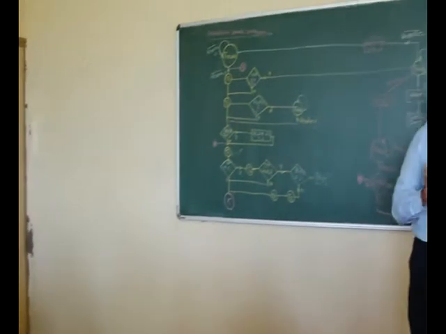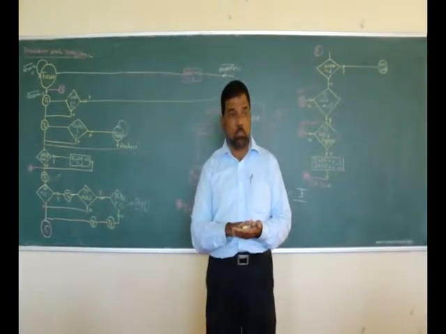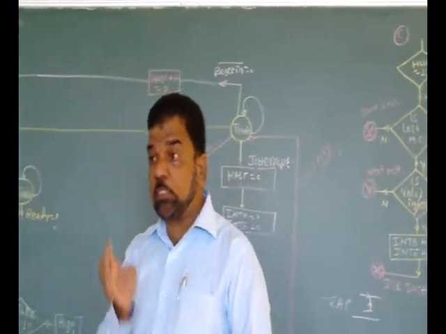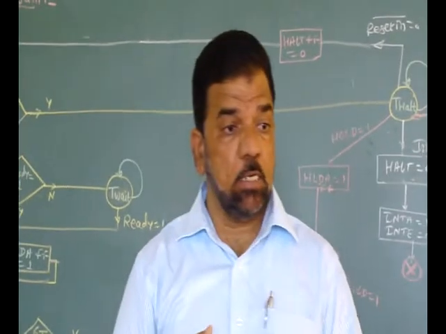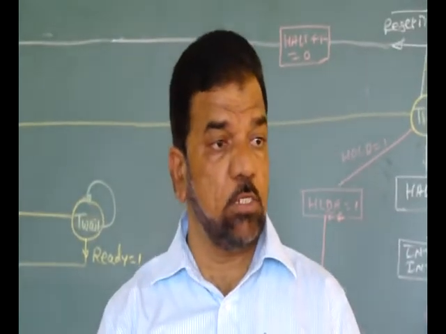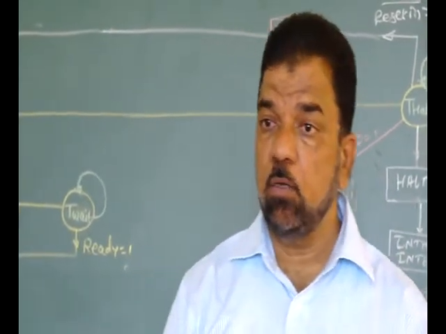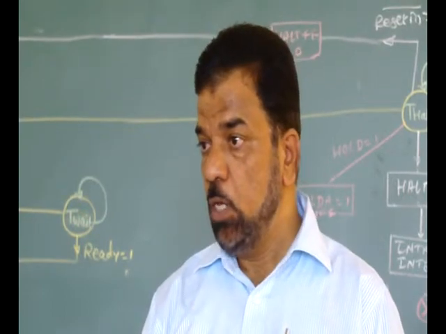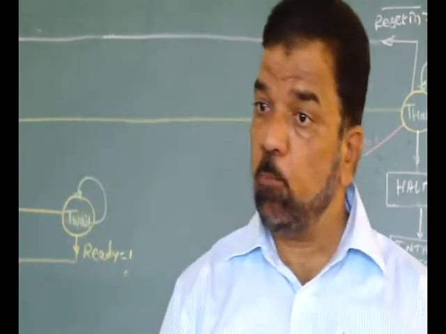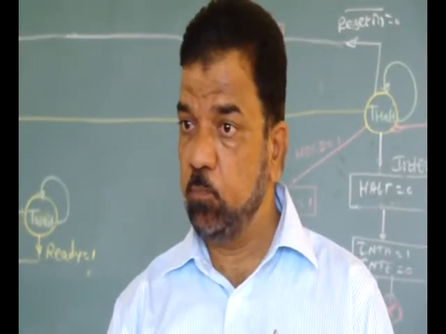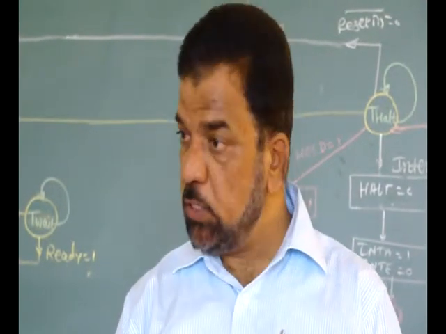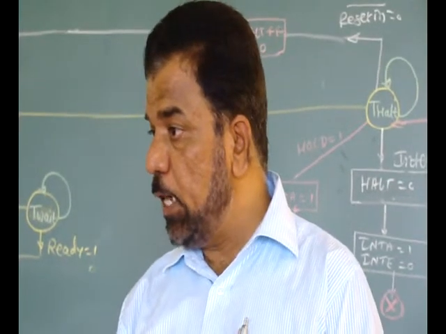So we have started with defining the different states of the processor. In all, there are 4 states of the processor. One is the reset state. Another one is the wait state. Third one is the hold state, and the last one is the halt state. After defining these 4 states, we have to raise the question: when does the processor acquire these states? So if we start with the first one, which is the first state? Reset. So reset state is acquired by enabling the reset pin.